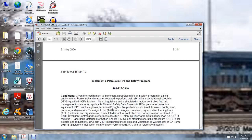Fire risk management procedures, applicable material safety data sheet, personal protective equipment such as gloves, face shields, fire protection boots, cold trouser boots, hood and harnesses, gloves, a twin agent unit with the nitrogen containers, aqueous film forming foam, AFFF, aqueous film forming foam solution, dry chemical, simulating actual control fire, facility response plan, spill prevention control countermeasures plan, oil discharge